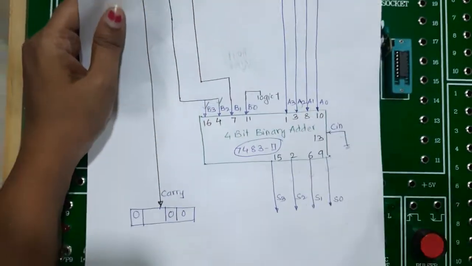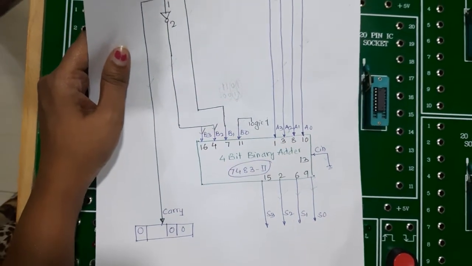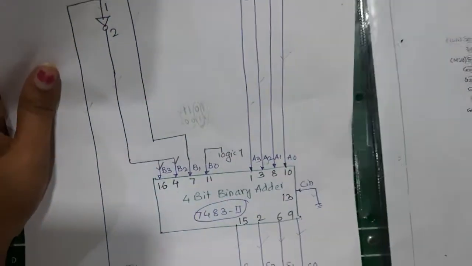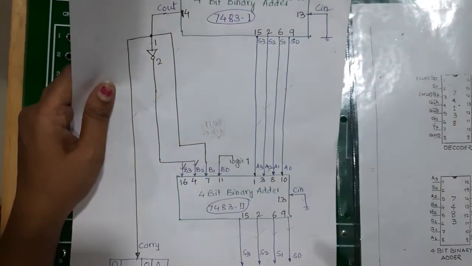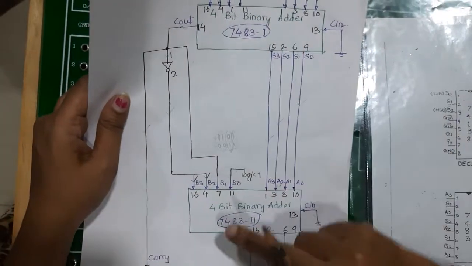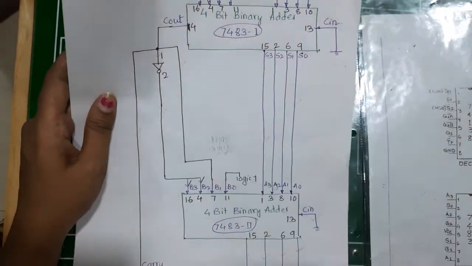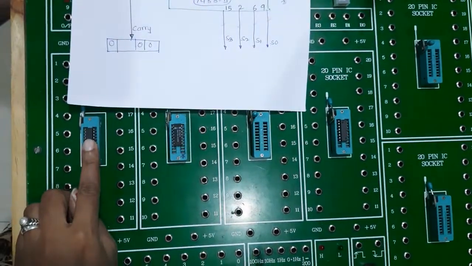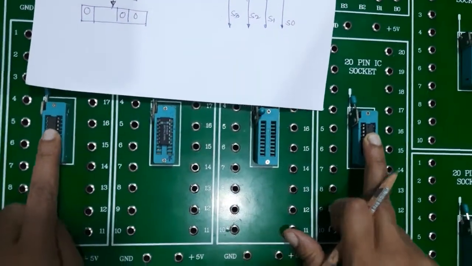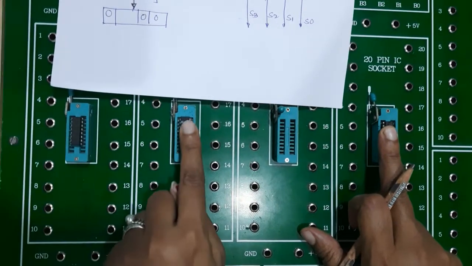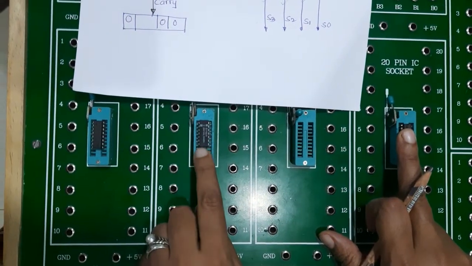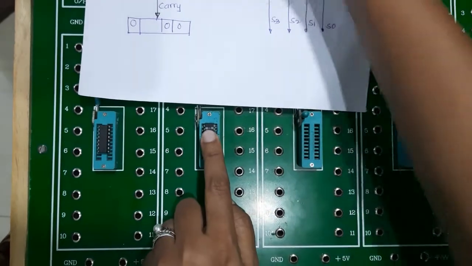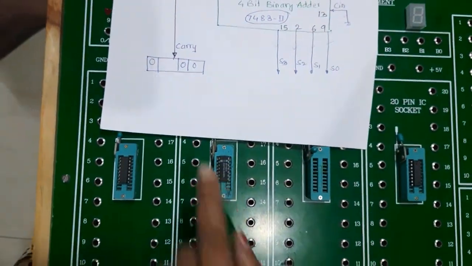So this is the circuit, by referring again to this 4-bit binary adder chart, I have marked these pin numbers. So in total, I will be needing two 7483 binary adders here for designing the circuit and one NOT gate. Okay. So we'll come here for implementation. So we have to refer to this part. These are the two 7483 binary adders I have mounted on the digital circuit, and this is 7404, that is a NOT gate, because I will be needing one NOT gate over here.